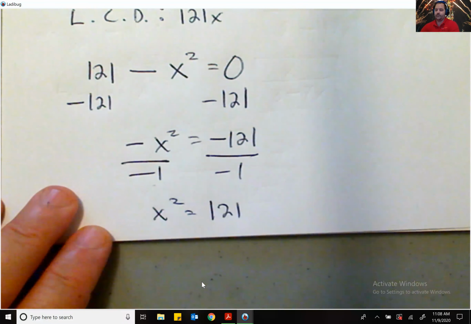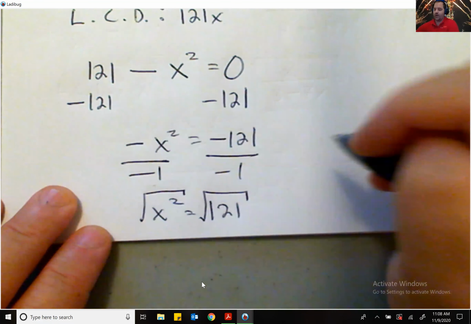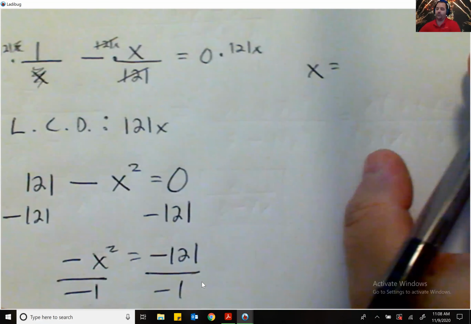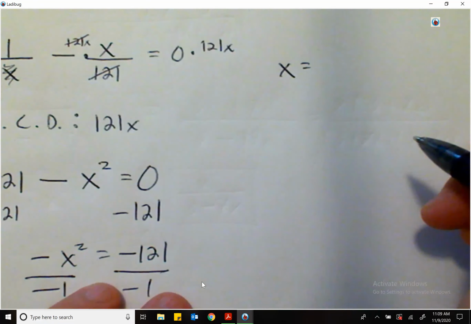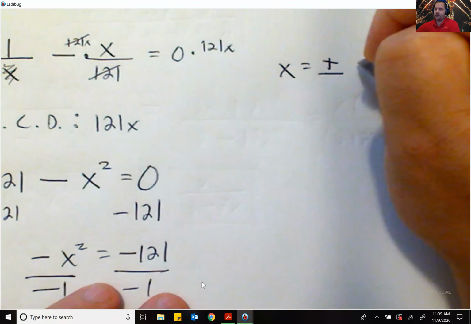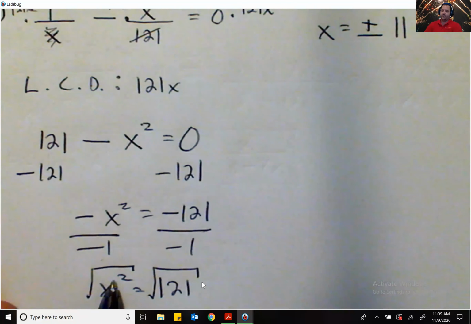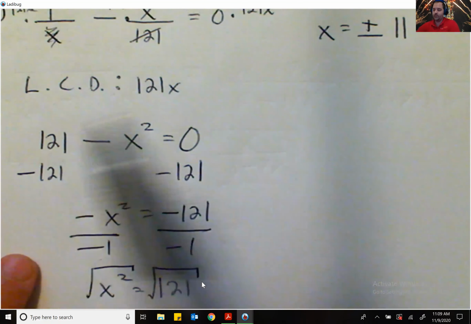And now what? You're gonna square root each side. So x is equal to what? What's the square root of 121? 11. And it's plus or minus 11. There are two answers that happen with this. It's plus or minus. You'll see more of that when we get into module 4 and we talk about solving quadratics with square roots. The other thing you could have done right here is you could have factored this to